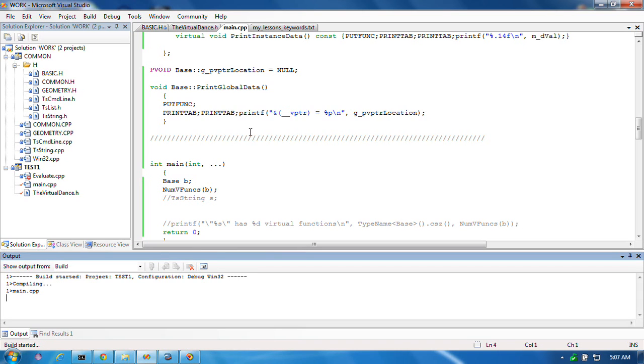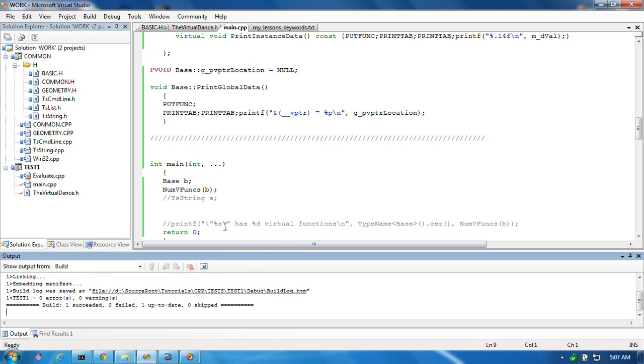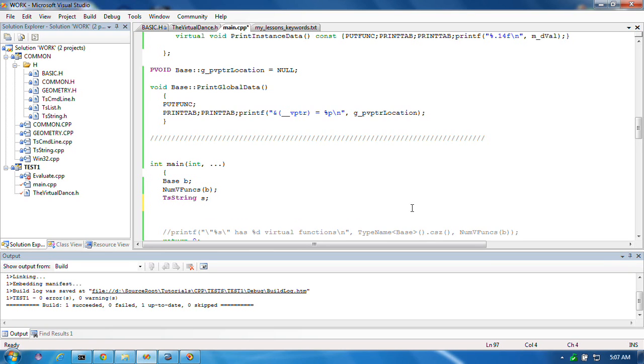But what if I called this function with an object that didn't have virtual functions? Now, one way to handle a situation like that is to look at the object, look at its address, and try to make sense of what's being pointed at and so on, right? Or check the size or something like that. Another way to do it is using this template metaprogramming,